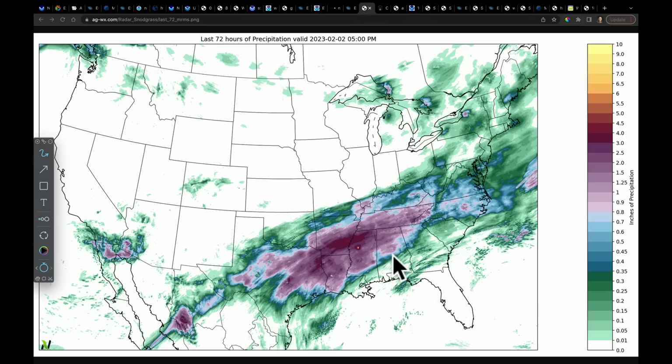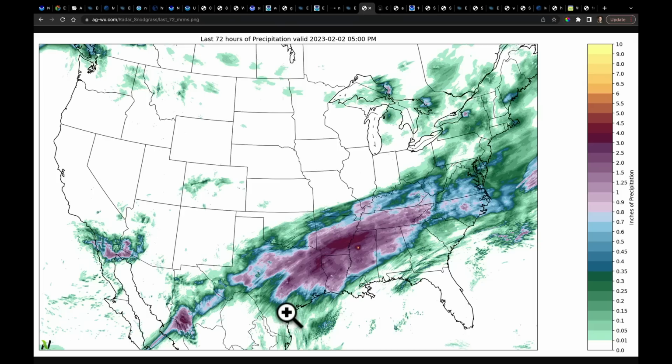Now this is showing liquid equivalent, but I just want to point out that there were some places in through here and in through here where this was all ice, where we saw more than an inch of liquid in that. And that's why you've probably seen a lot of pictures and news videos and things about some places down here where we still have about 500,000 people without power in Texas, where there's up to an inch of ice accumulation. This was a terrible event. We're going to continue to see the ramifications of it, and it destroyed a lot of infrastructure, and it destroyed a lot of